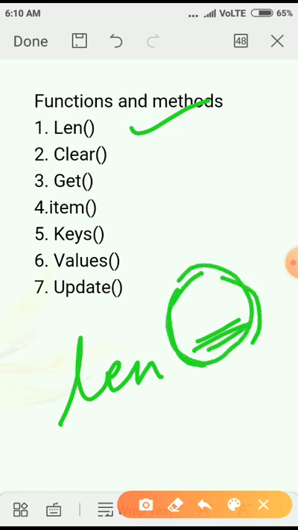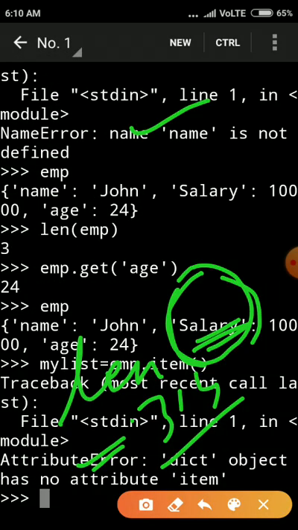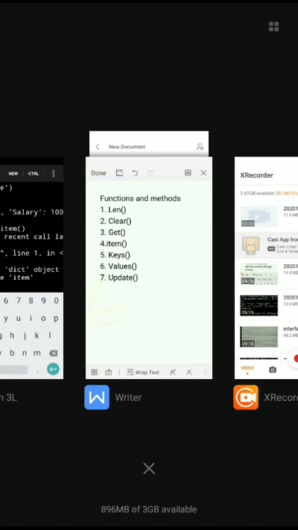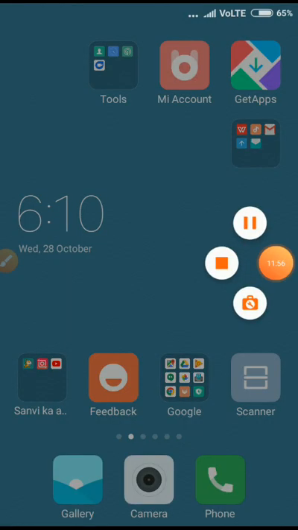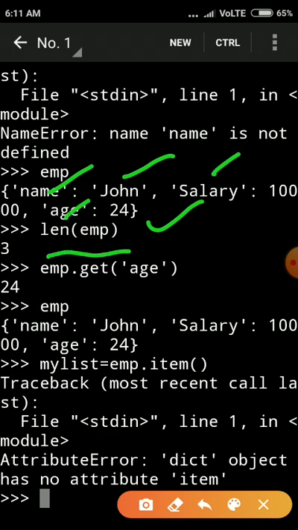It returns a number like 3, 4, 5, whatever the number of keys inside your dictionary. Let me show you. Here I am using the len function. One dictionary is there and it has 3 elements. So using len, it will return 3. It just counts the number of keys and returns the value.